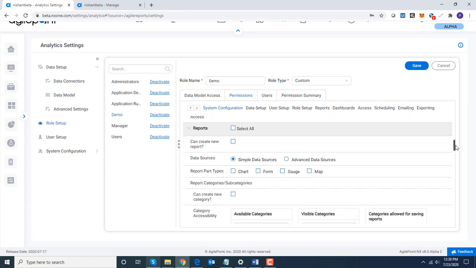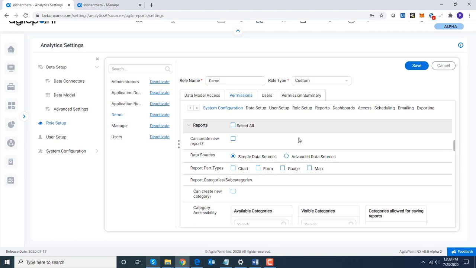Under reports, this is where you won't need to pay attention. You can specify whether people belonging to this role can create new reports, whether they are seeing a citizen developer interface or a professional report designer interface. What kind of report parts are available to them while reporting? So you can say the people belonging to this role can only add charts and gauges.